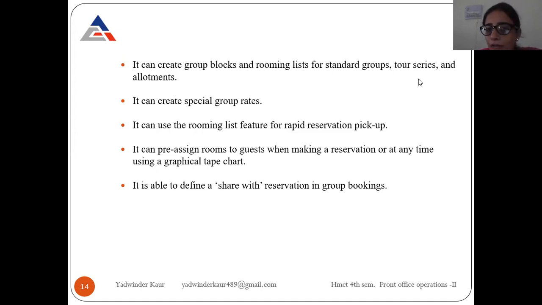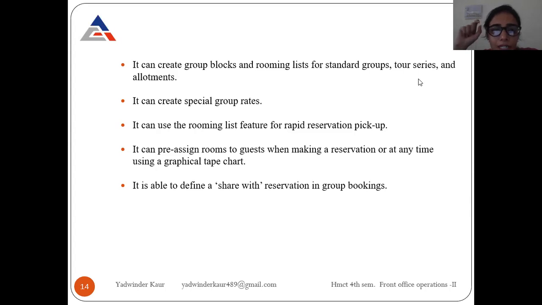We prepare the rooming list when groups are coming. So we have to prepare the rooming list of whoever is going to stay, like two names for double occupancy, or a single name for single occupancy. So for the feature of rapid reservations pickup, we can do the rooming list.